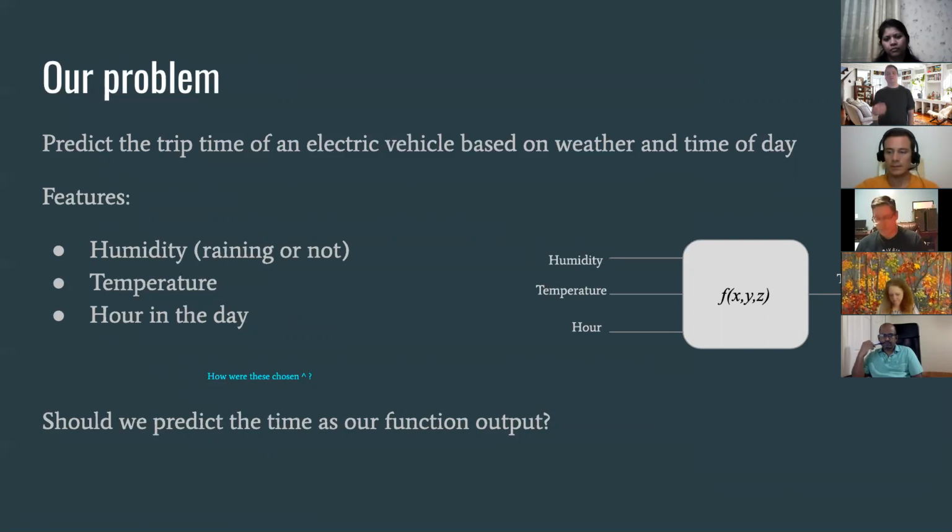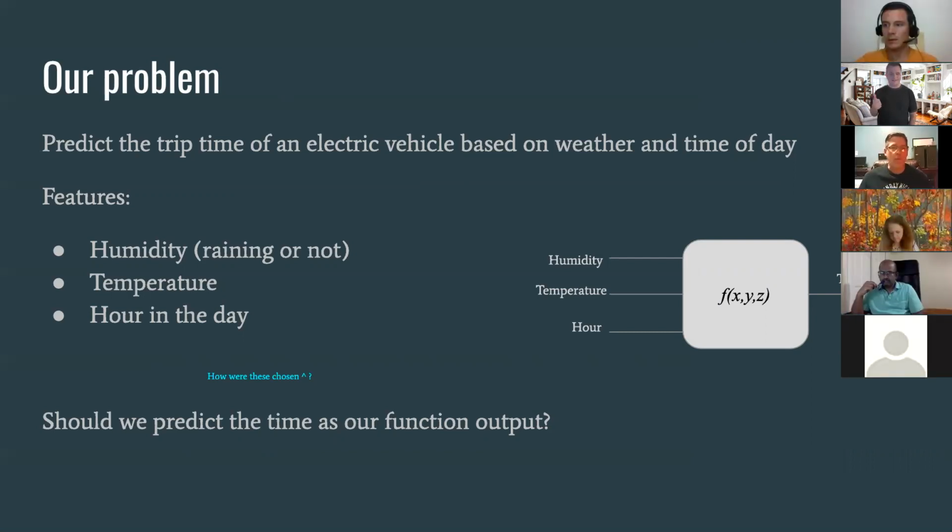Because one, in order to do this from a dynamic systems perspective, you would have to have physics-based models of the weather. Good luck, right? And then you would also have to somehow model volume and demand of the traffic during that time. So you'd have to have some sort of sensor data and all those types of things, which is somewhat difficult to do, as you can imagine, right? Because there's a lot of things that impact it. So there's a lot of what we call features, right? So what I'm describing here are features: weather, and there's a lot of things in weather, right? It's not just, oh, I have a number of weather, and that's my number. We can't just feed a number in and say that's weather.